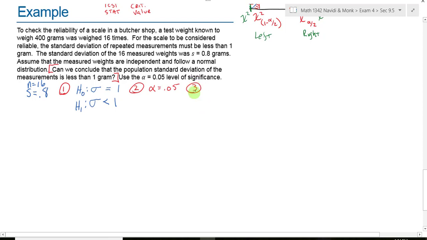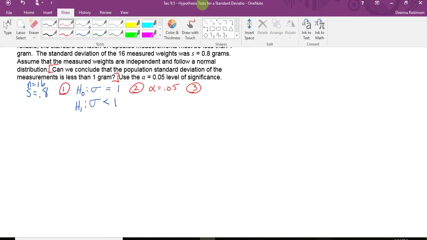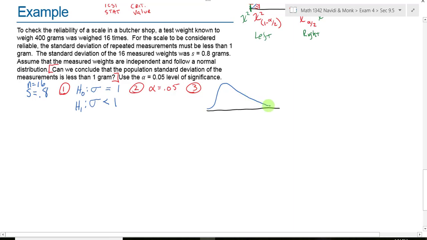I'm going to draw the picture because I think the picture makes life easier. We draw a chi-squared distribution, and that's just a distribution that's skewed right. Will this be a left tail, right tail, or two-tail test? Left tail, and what do we look at to determine what tail it's going to be? The alternative hypothesis. So this is pointing to the left, it's going to be a left-tailed test. That means that our critical value is going to be on the left. And all of our alpha is going to be in this red shaded region,